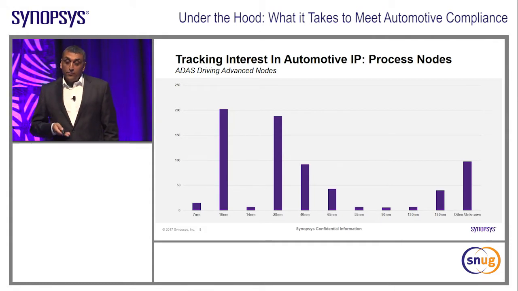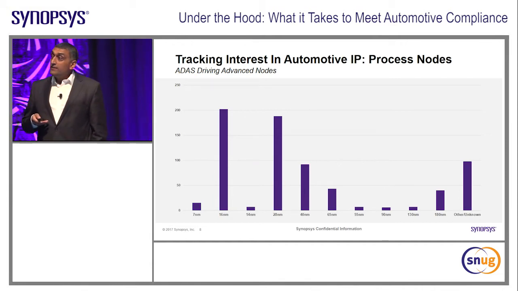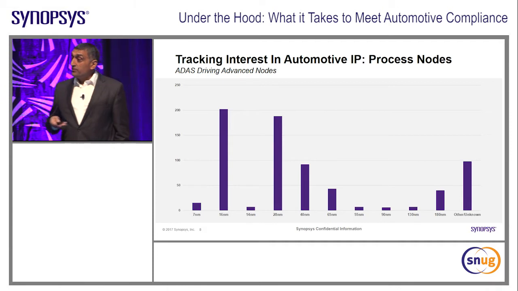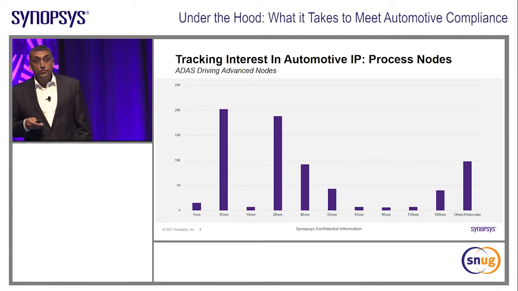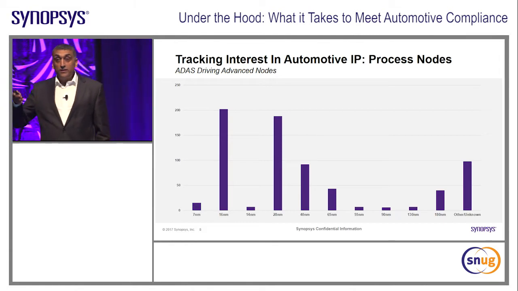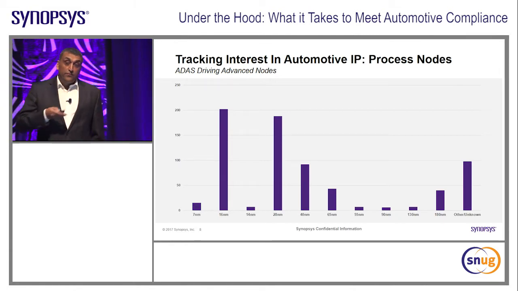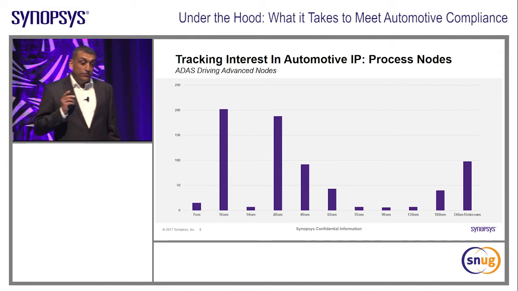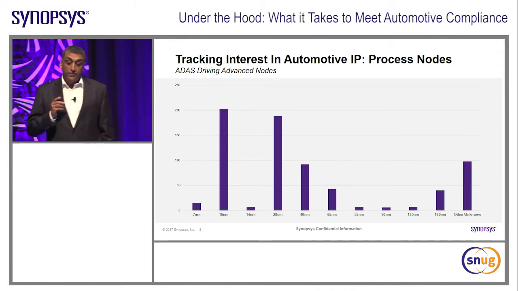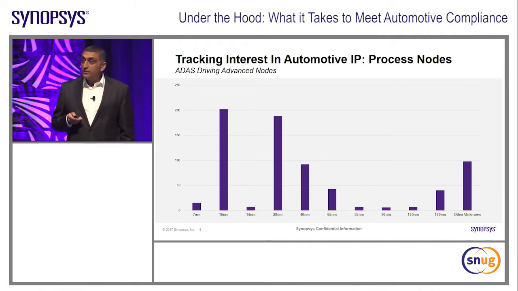So basically, when we looked at this data, again, it was produced over a year, it showed that the demand for FinFET technologies, 16, 14, and 7, is outstripping the demand for some of the established nodes. And this, from a view of Synopsys, is driven by ADAS. So ADAS is driving the advanced technology nodes. A lot of this actually was